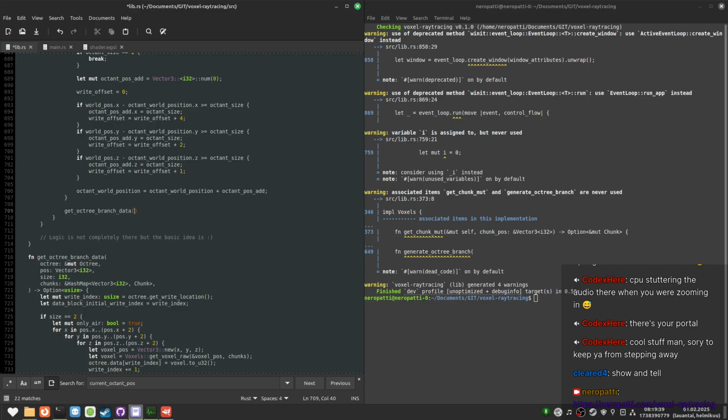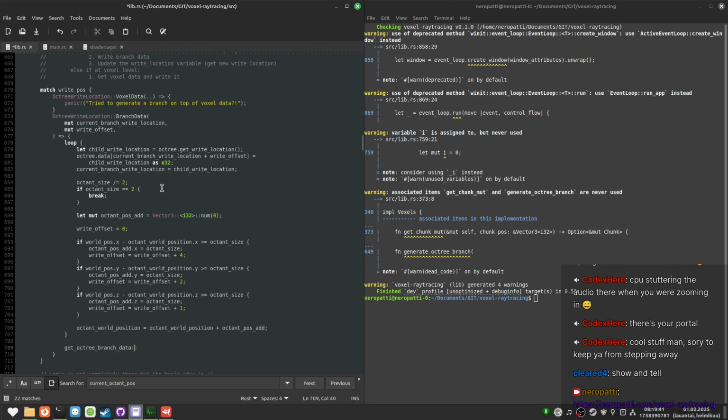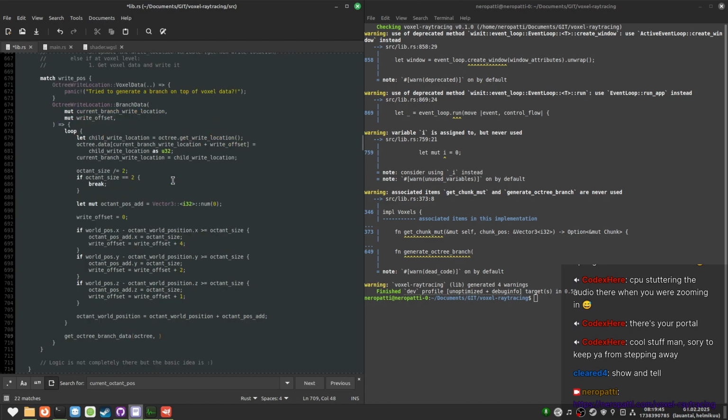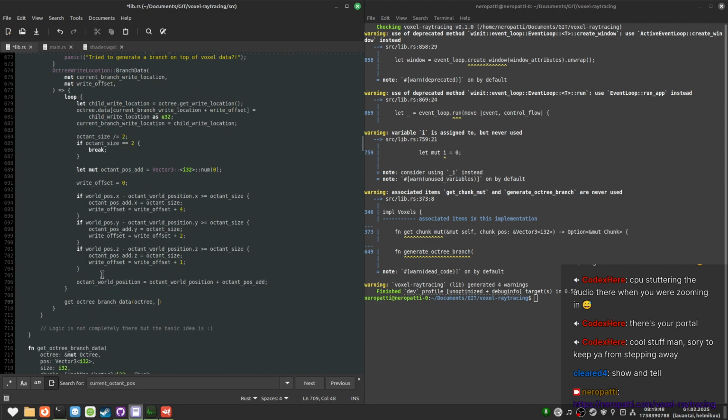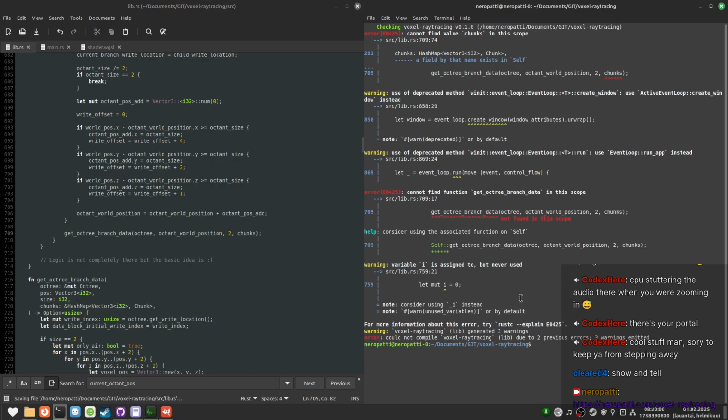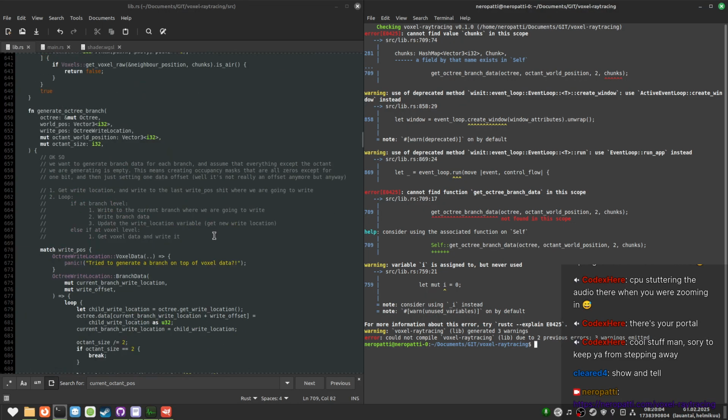Cheat and do it with the previous function. Ooh, we don't pass the chunks into here.